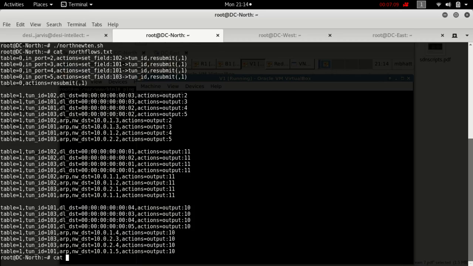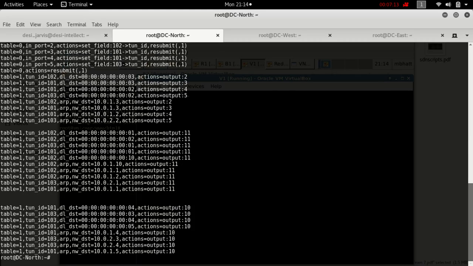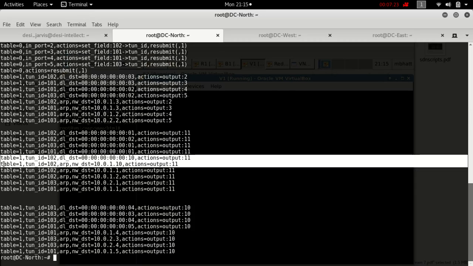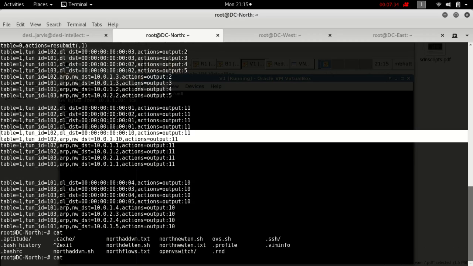Now as soon as I have to add a VM for an existing tenant, I had to add 2 entries, which is here. Same for adding a new tenant,